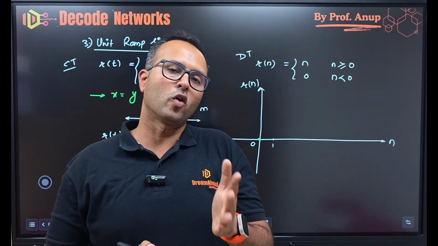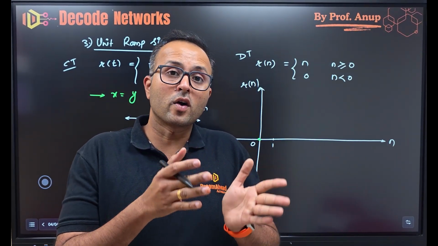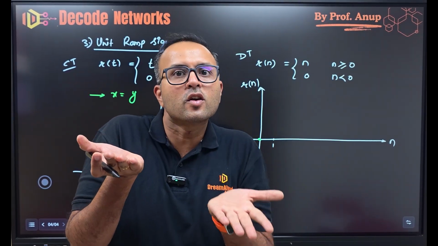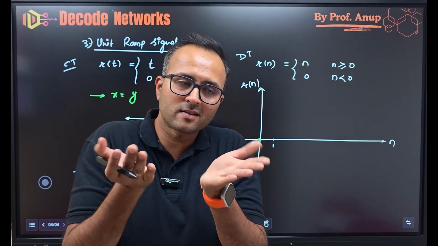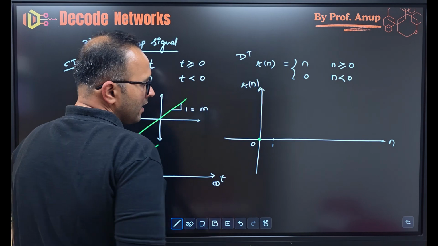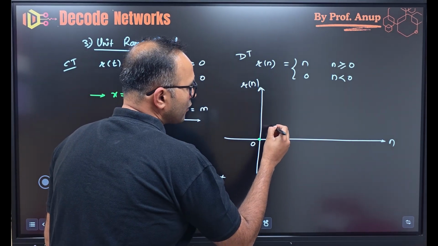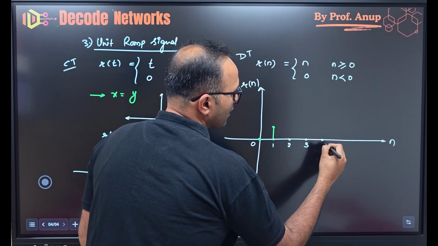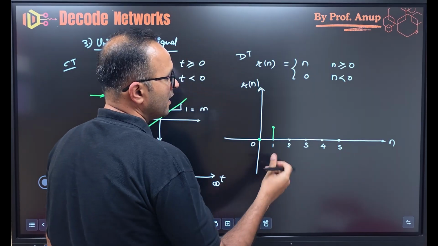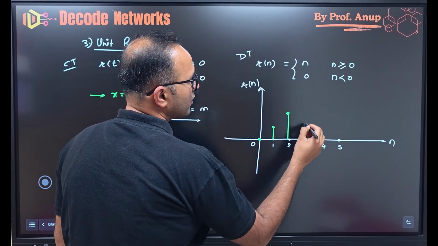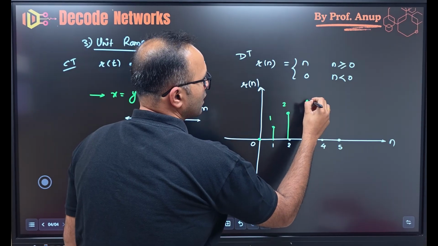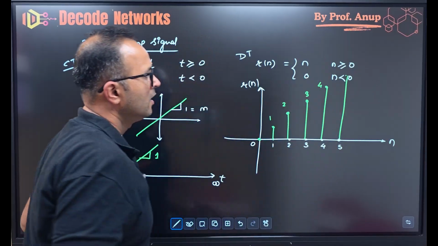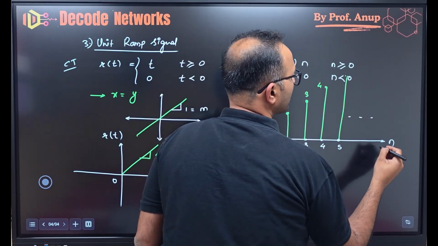The meaning of a linear signal is that whenever your x is 1, your y is 1. If your x is increasing, your y is also increasing. That's why it is said to be a linear signal with slope 1. So at 1, you can say amplitude of 1. Let's write all the times: 2, 3, 4, 5. At 2, you will make amplitude 2. This was 1, this was 2, 3, 4, similar.